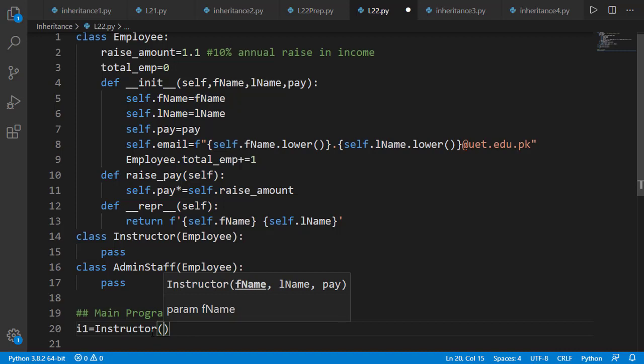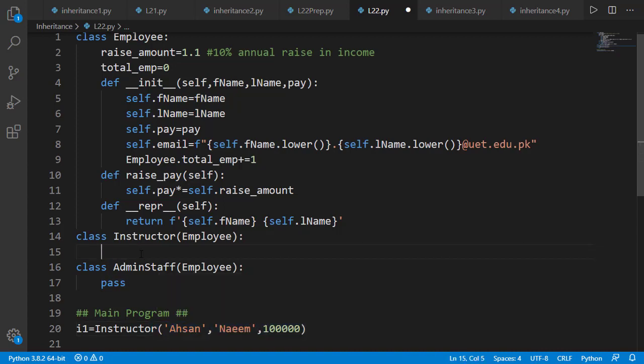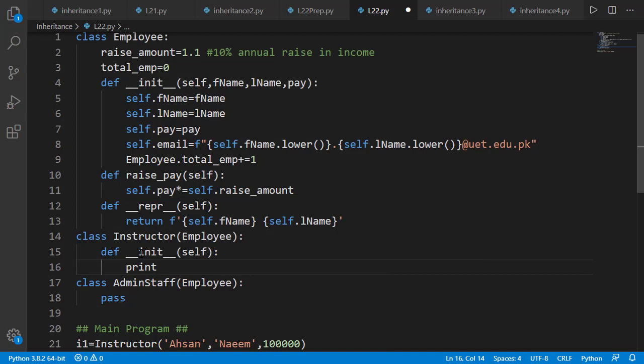But inside the instructor class, we can create its own init method. So when we create an instructor object, the interpreter will first look for the init method inside the instructor class. And if it finds it there, it will use that init method. And in case the init method is not there, then it will move to the parent class and use the init method of the parent class. So let's first explore this idea and create a test init method without any input argument except the self inside the instructor class to elaborate this concept.